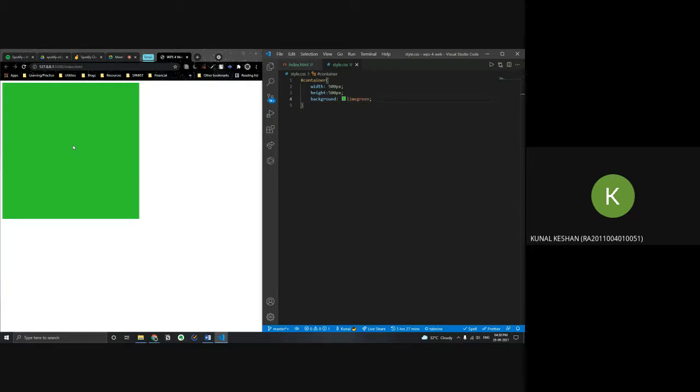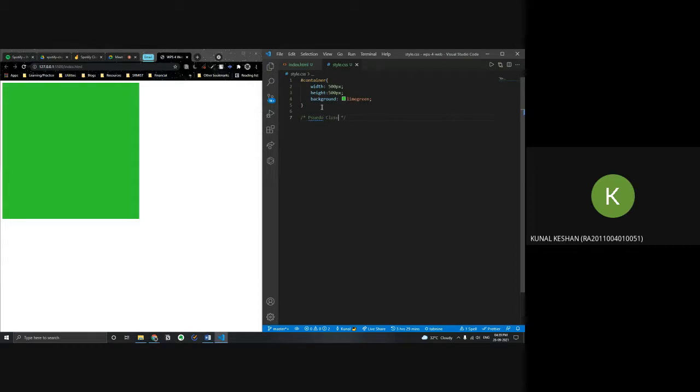In general on web pages, you can see that when you go on top of a link or something, it gets highlighted. Or even when you click on it, a different style appears for the element, right? We can make those using pseudo classes. We call them pseudo classes in CSS.